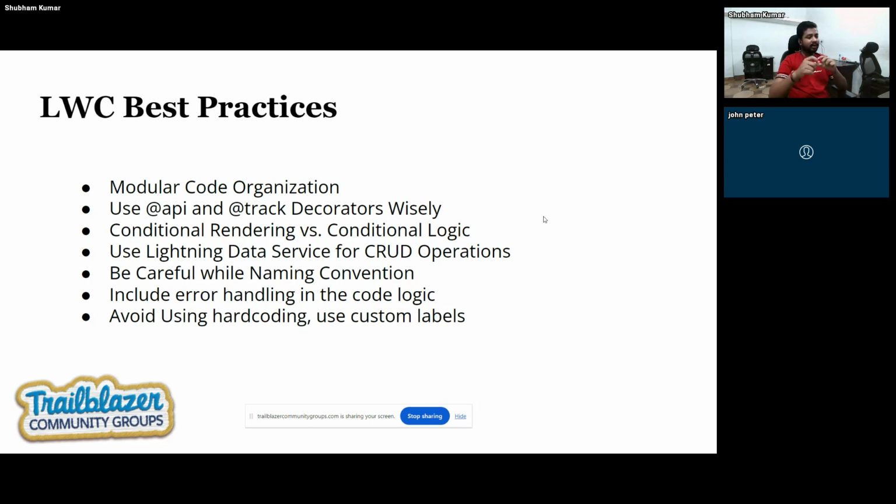So before this version, Salesforce got introduced. Currently, all our variables are already reactive, so we don't need to use @track all the time. Previously, if you look at any application that was developed two or three years back, you will get lots of variables